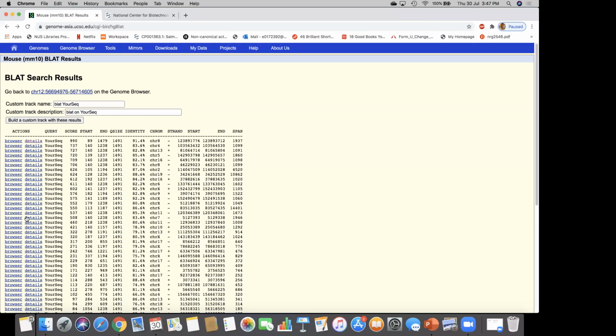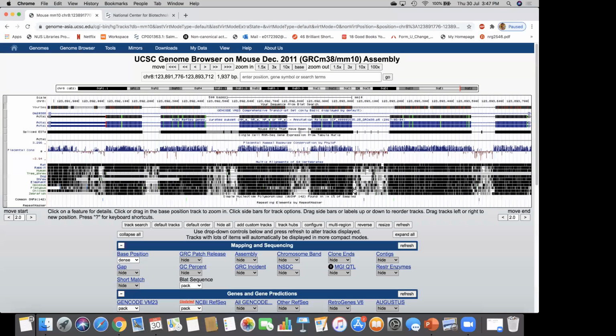So in the same browser, if instead of pressing the details I press browser, then it will open the corresponding mouse genome present in this database. It is simple compared to the NCBI site. This will also give you the information. So here you see your reference. Here I used the human cell, so it is saying a human gene is what I put. Then it is the corresponding mouse genome.